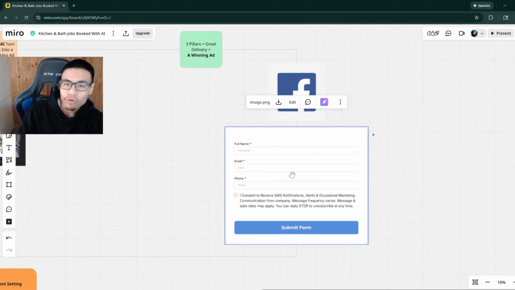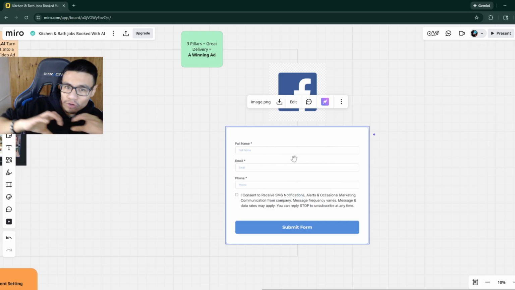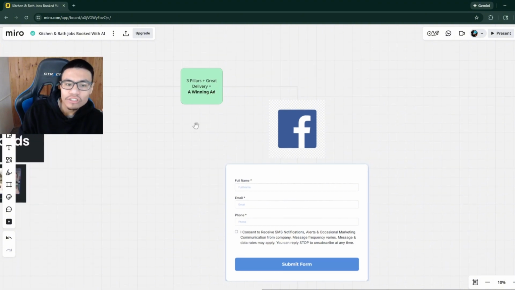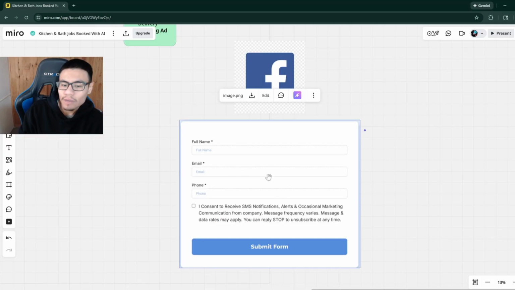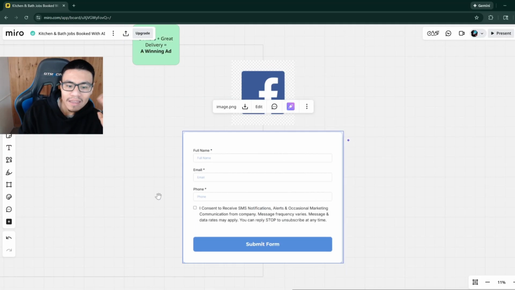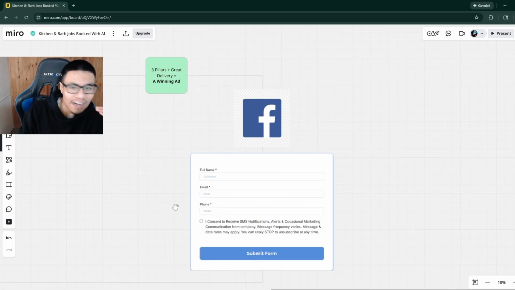You need a lead form. If you have your own website, you probably have your own contact us page. If not, you can use HighLevel, which is what we use, to have a lead form. But essentially, you send all the people that click on your winning ad to this page right here where they submit their information: their name, their email, their phone number, and that's it. Now you have an entirely new homeowner in your database, just like that.